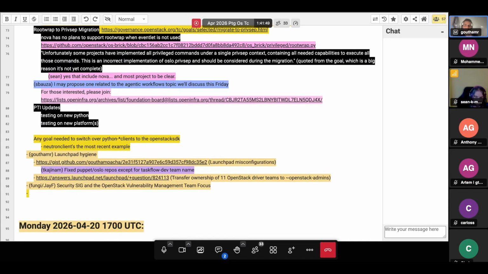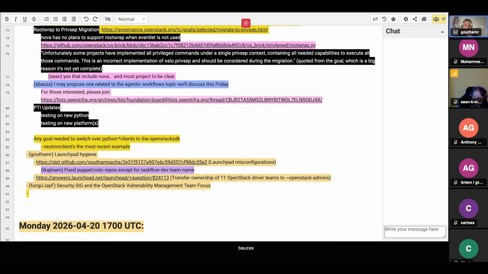Yeah, the last time this came up, I think we agreed not to formalize that as a goal yet, given that it was happening organically and it was driven mostly by project teams. And there is a TC resolution, I think, that says we prefer if everybody stops supporting these native clients and starts supporting work in OpenStack SDK and the CLI. So there's a general direction and an inclination towards it, but not a concerted effort like a goal.